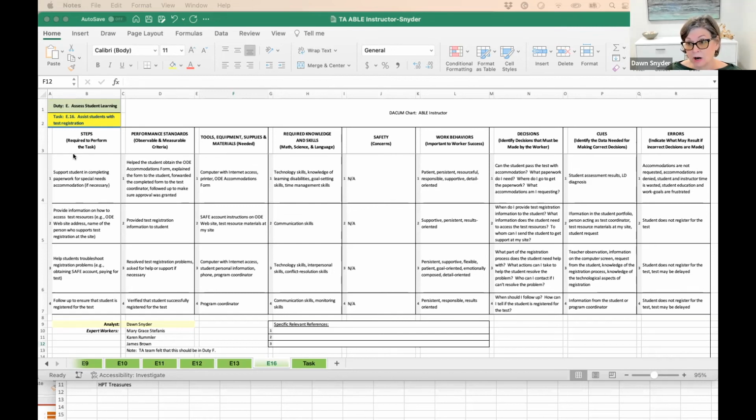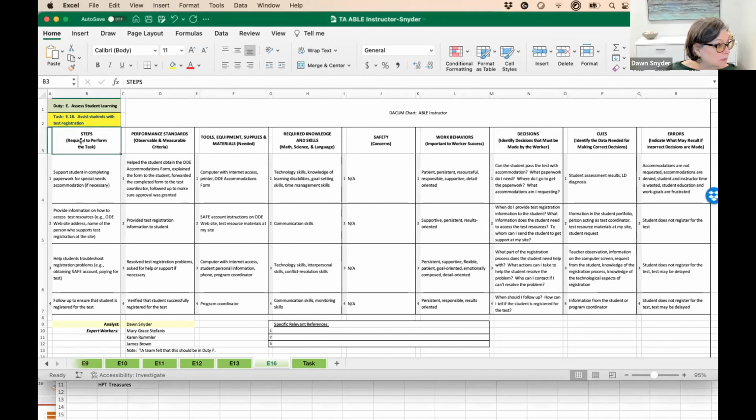And once they catch on, because we're doing this in volume, it makes a difference. So first, this first column is the steps required to perform the task, and we typically identify those first. I don't think the content is particularly interesting here.